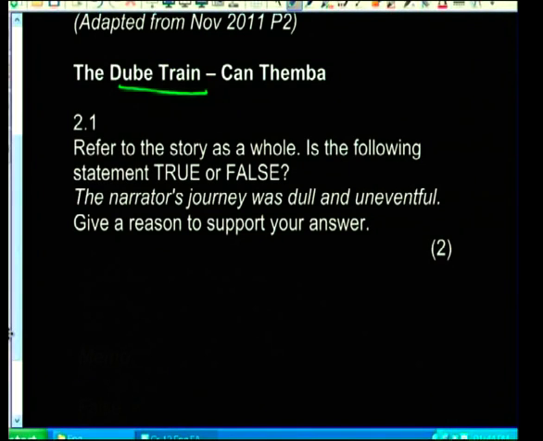Let's look at some of the questions. The first question, refer to the story as a whole. Is the following statement true or false? And this is the statement. The narrator's journey was dull and uneventful, and give a reason to support your answer. Uneventful, let's look at that term, meaning nothing major happened, nothing of consequence happened on that day. Is it true? Was this just a normal trip on the train? No, it wasn't. So the answer would be,